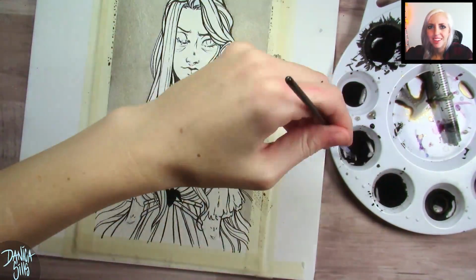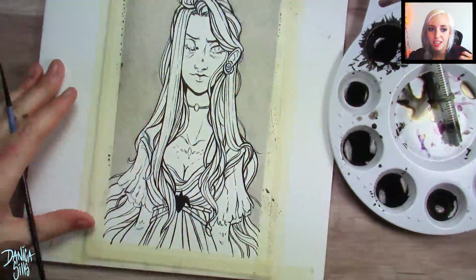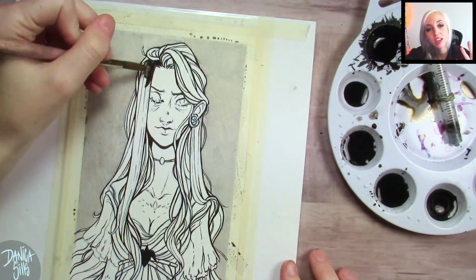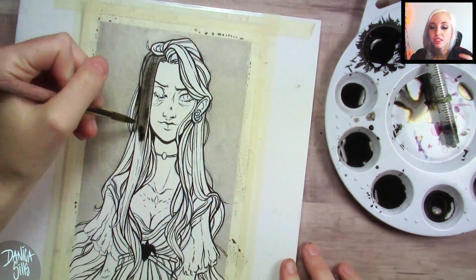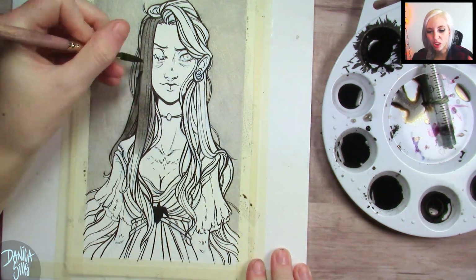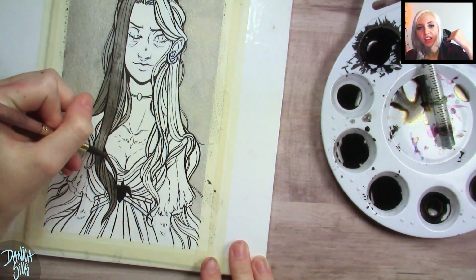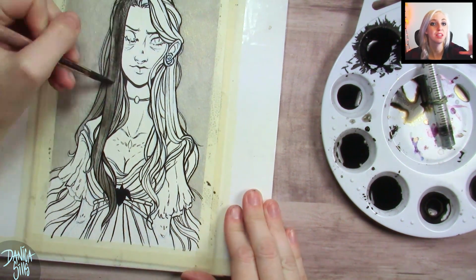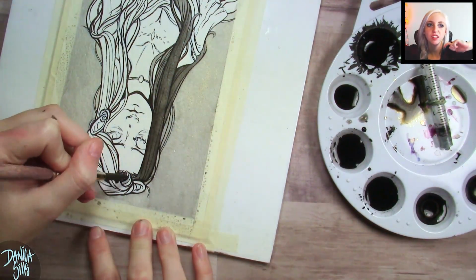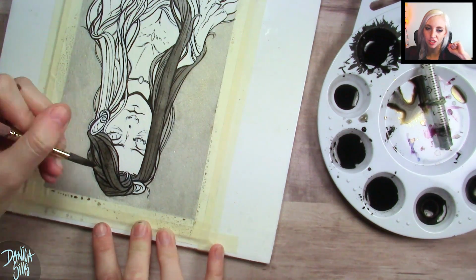So yeah, basically I'm just feeling really good about the reference that I've been looking at. It's a lot more inspiring to me than a lot of the stuff that I think I've been looking at, and it's just really helpful to have a very strong jumping off point before I start a piece. When I'm looking at stuff and thinking, I really do want to draw something that makes me feel the same way that this piece does, when I have that energy and those visual ideas in my head, it is just so much easier to produce a piece that I'm happy with,